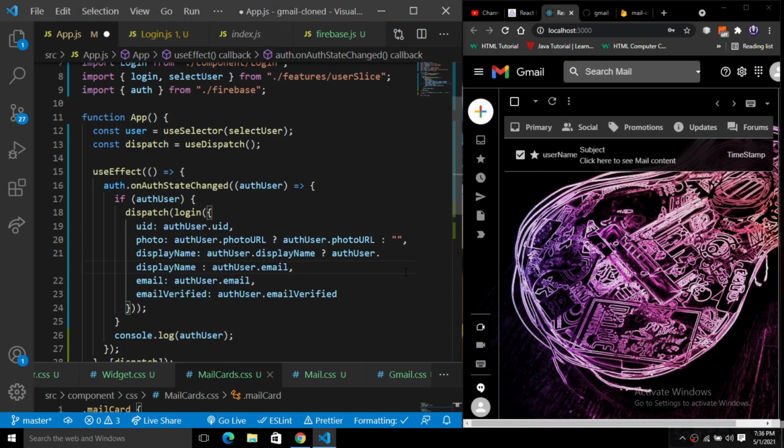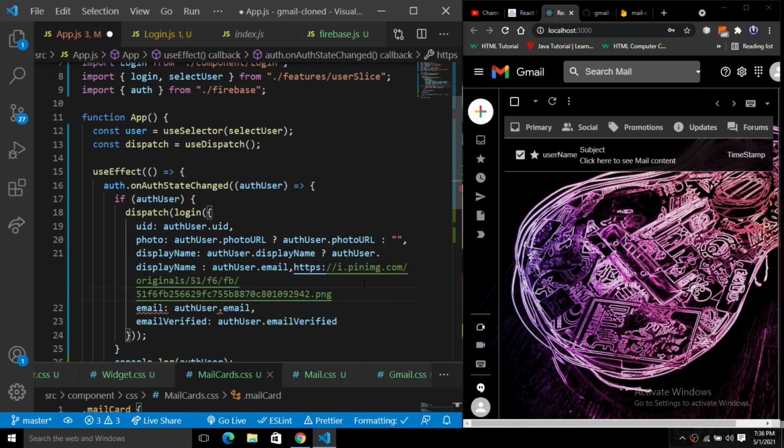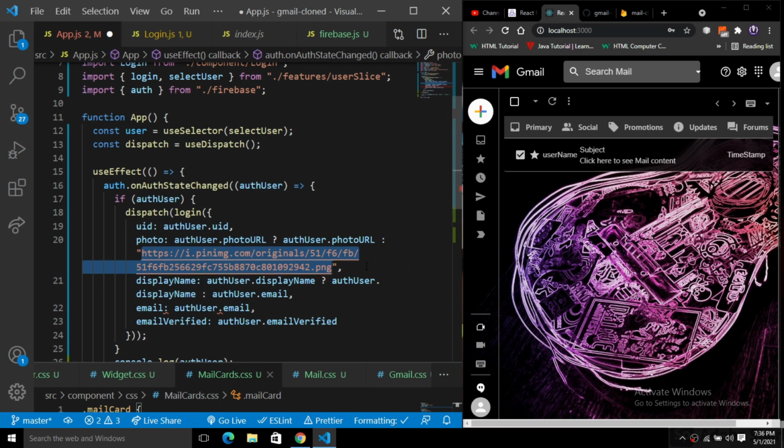So if we have a photo of the user, we'll use this photo URL, or if the user has no profile image, then we will use the default profile image. It's just to check all the boundary values. So here we are done, and we are dispatching all the login information that we got.